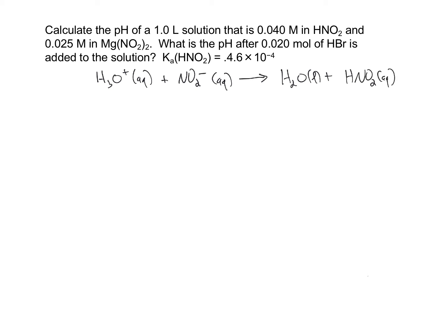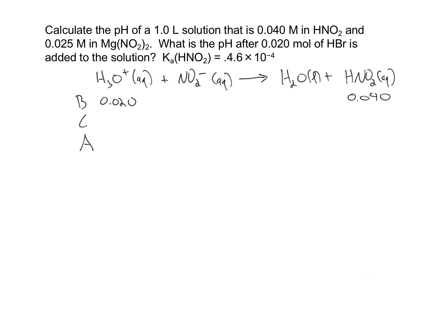Alright, so we start with the stoichiometry problem. So I need to know the moles. They just gave us the moles of the strong acid, so I can put that in. And I'm going to skip the moles calculation because it's pretty easy. Right, if I have a 1 molar solution and I have 0.04 moles per liter, 0.04 times 1, I'm going to have, nope, wrong place, 0.04 moles